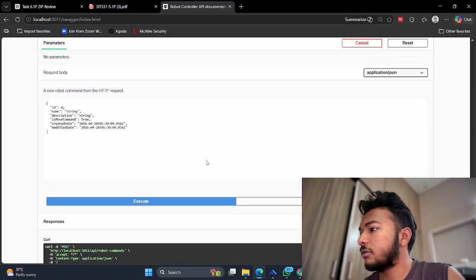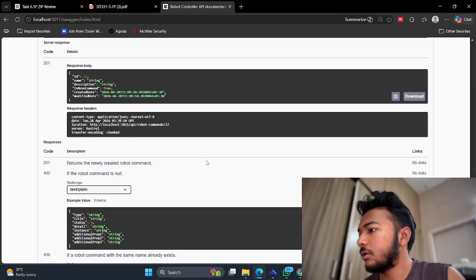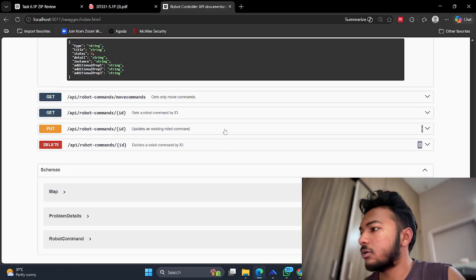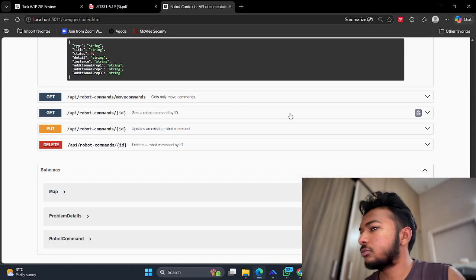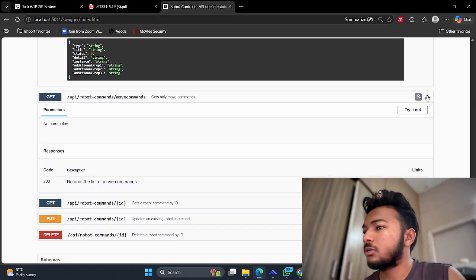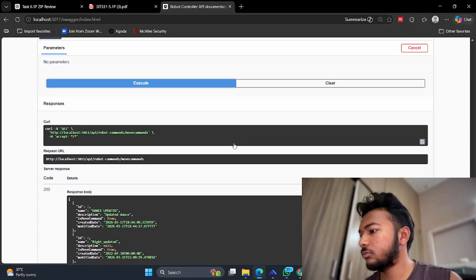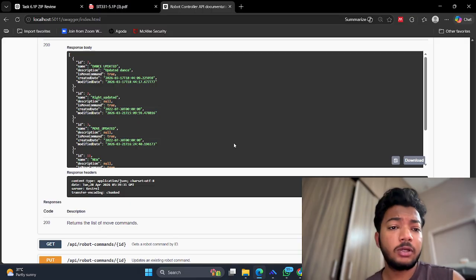As you can see, the POST command is also working and we added a new robot command. So this is our whole task. Thank you.